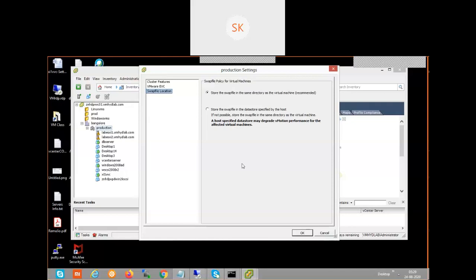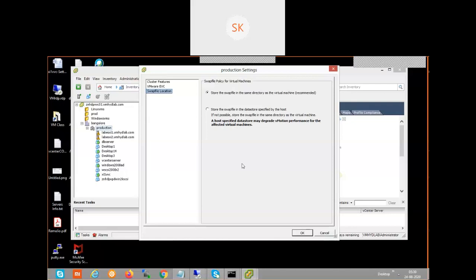Maybe it is crossing 100 GB of total VM allocation. So from where is the remaining 34, 36 GB out of 64 going to come into the picture? What it is going to do is create a swap file in the datastore, in the virtual machine folder. For each VM, whatever memory you configure, it is going to create a swap file of equal size to the VM's memory configuration.